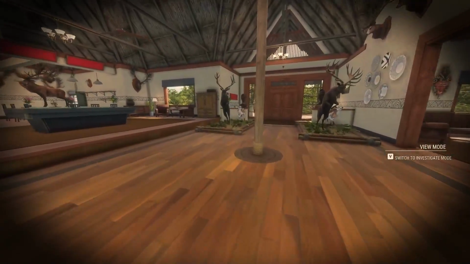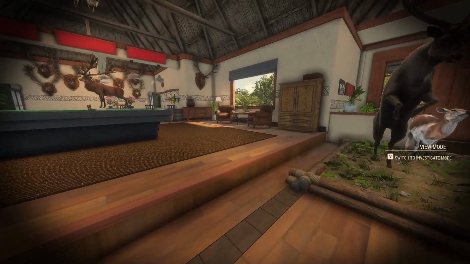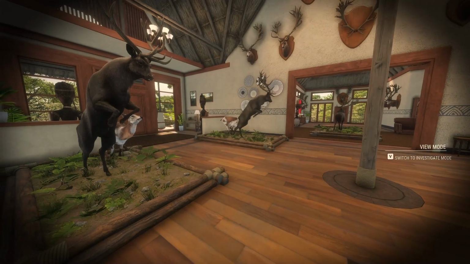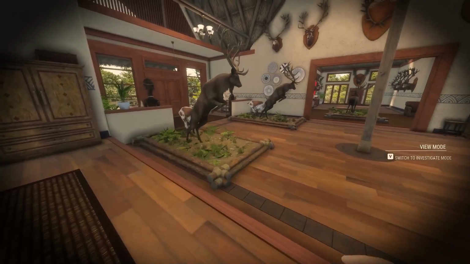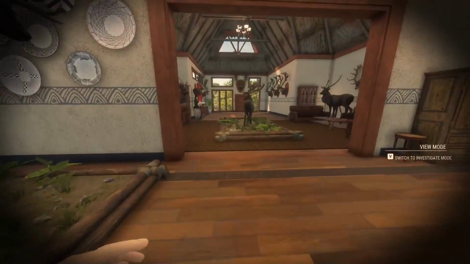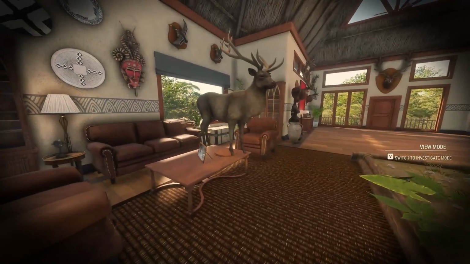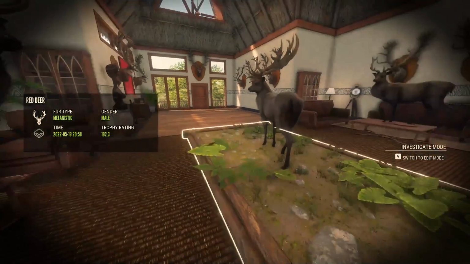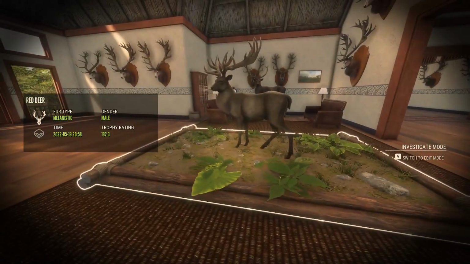Okay, so now we are in the red deer lodge, and just about everything in this lodge is a red deer. Now, I actually have not shot red deer in over a year. We're definitely going to go back to red deer at some point because I would like to upgrade my rares, but at this point I have spawned 6 red deer great ones, so I don't feel a need to grind for great ones per se, but the rares definitely could be upgraded